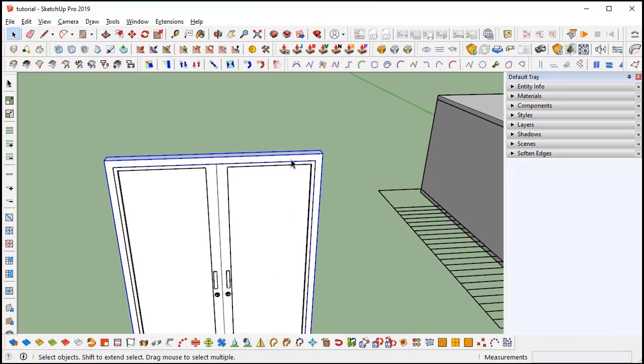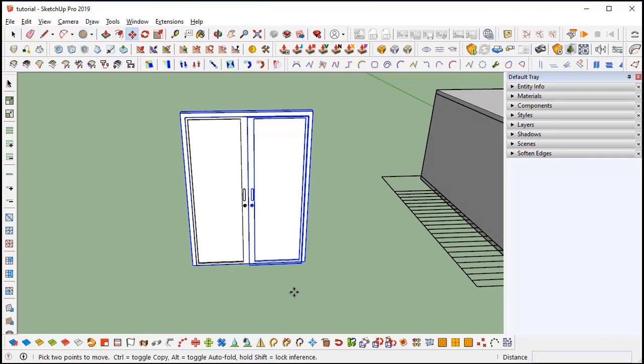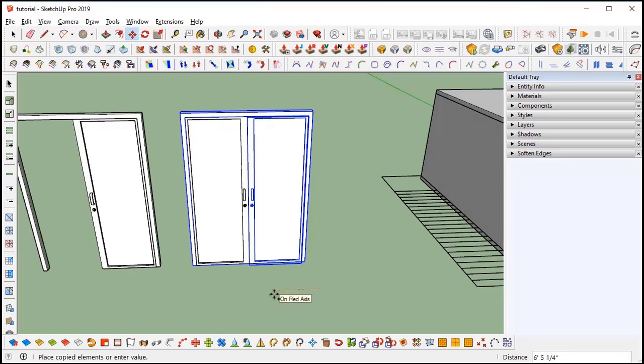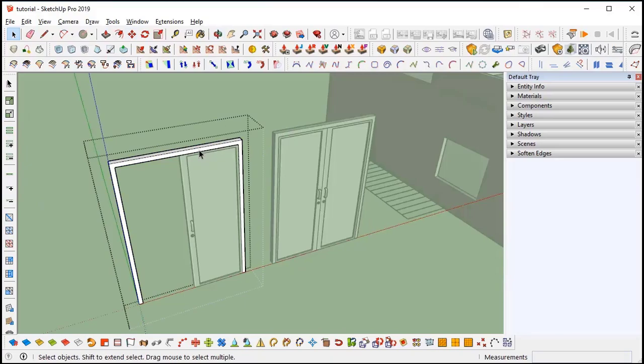So the outside frame is a block and the inside doors are components. Small explanation here: what is the difference between blocks and components? I'll just make a copy here. If you double click on the block, you won't get any changes. Even if I'm using offset, it won't be visible on the other part.